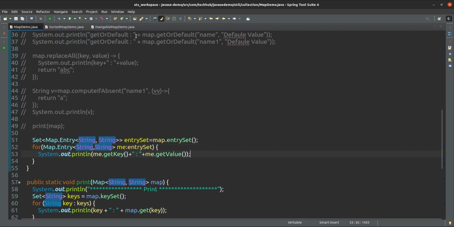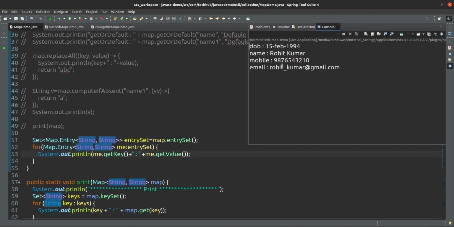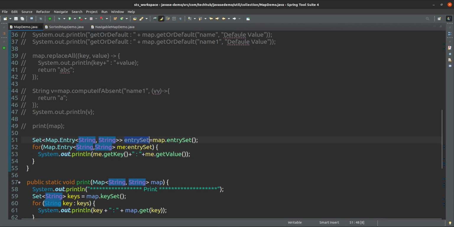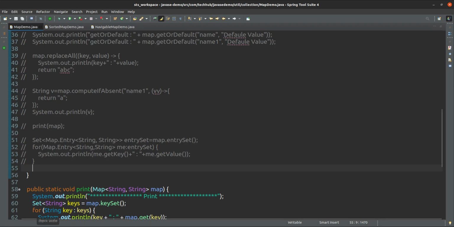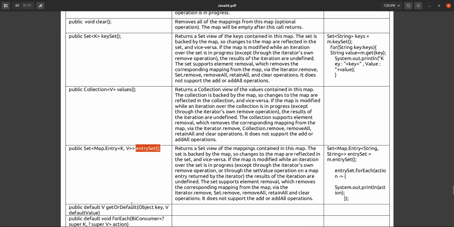That's it. And now if you run, you will see it is printing in the same order. Also you can get the entry set if you want. So inside the Map interface, one inner interface is defined, that is Entry, that has these methods getKey and getValue, so you can use that also, no issue. Okay, entrySet you can do.